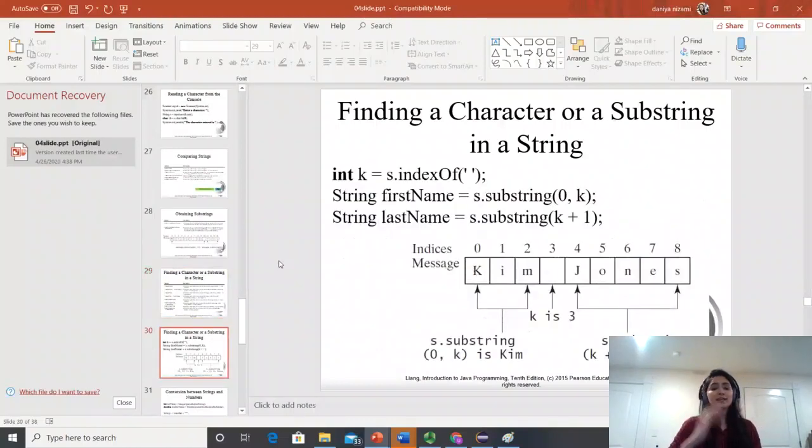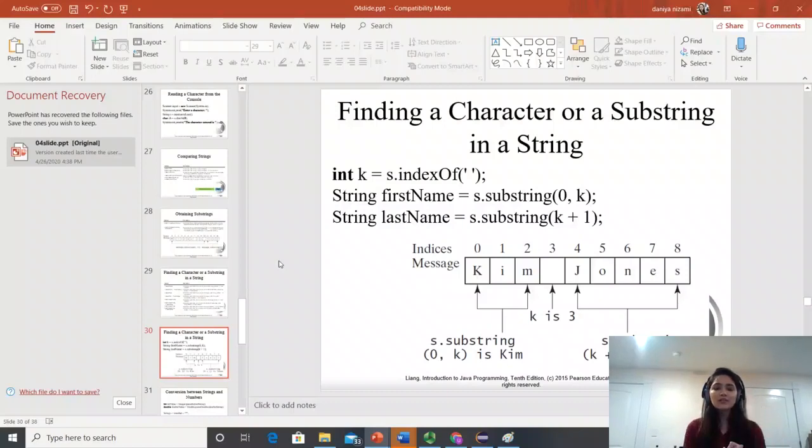So here is an example of how and where to use indexOf. Maybe you are asking for a name from the user, and what you are doing is finding a character or substring in a string, and you are separating the first name and the last name. How do you know where the last name starts and where the first name is? The first name and last name are separated by a space, right? The first name will always start at index 0, right?